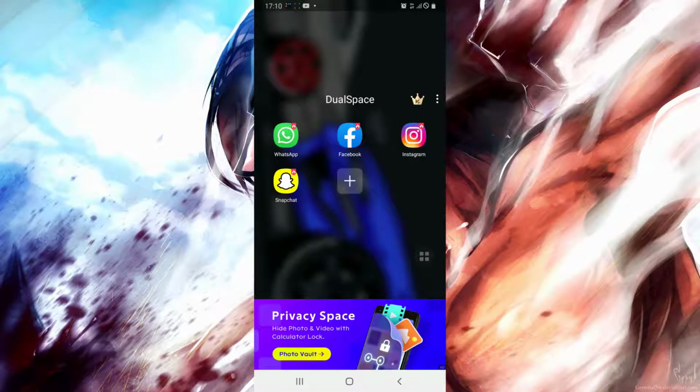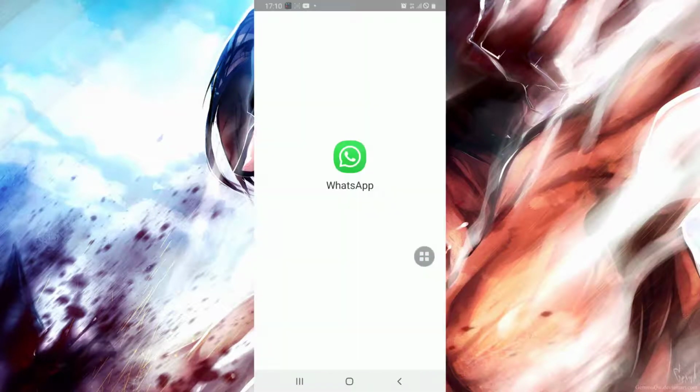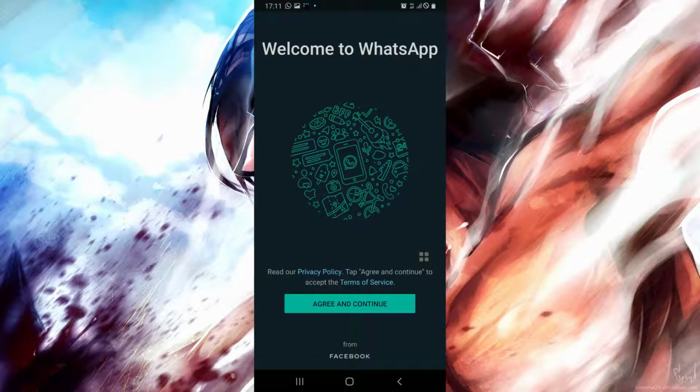So let's go back to doubling our WhatsApp. So simply press the icon, and now as you can see from here you can put in your WhatsApp number